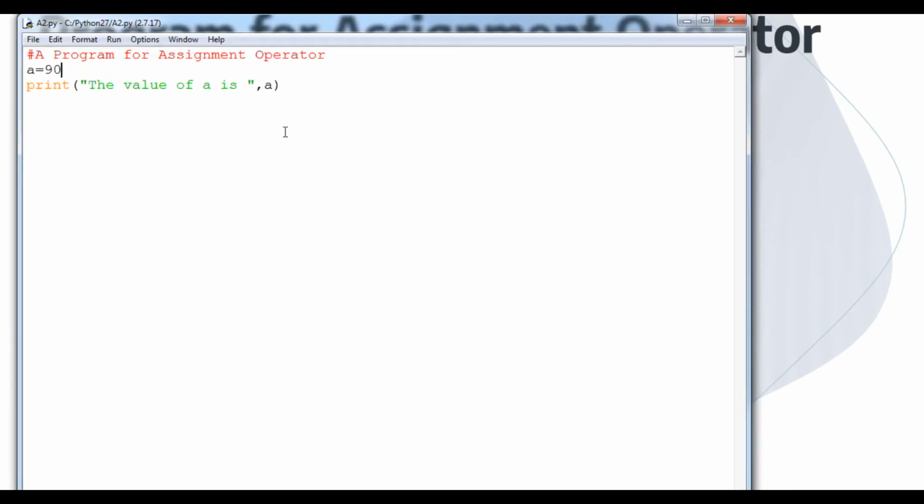Let's do it again. What I'm doing: a equals 90, b equals, suppose, 12, and c equals, suppose, 89. I'm doing the same thing, student. I'm going to print this particular line again and again, but I will change the values, and here is c.